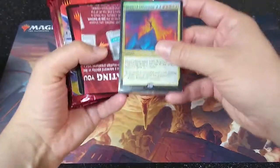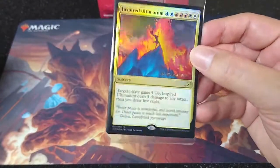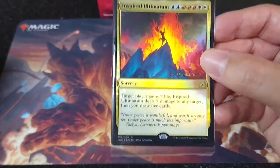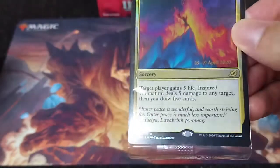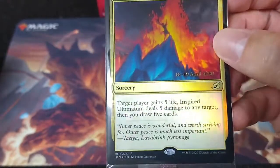Alright, my promo is Inspired Ultimatum. I haven't checked the financials too closely on the new Ultimatum cycles. They don't appear to be worth a whole bunch, but I think this guy slots in perfectly in the Jeskai Fires deck in Standard. Probably too slow for Pioneer or Modern, but hopefully he's worth something,